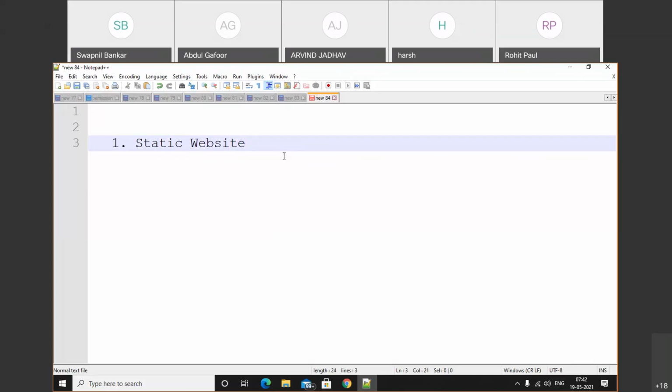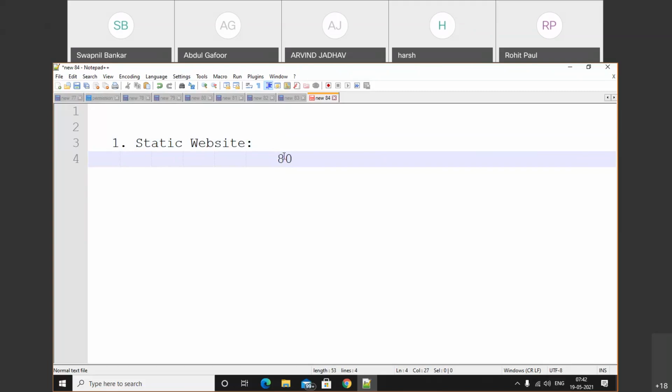The most important thing to access the website is that we require different ports. In the earlier lecture, we discussed the ports. In that, we have two different ports to access the website. The first port is port number 80. By using this port, we can access the website or anything using a browser.